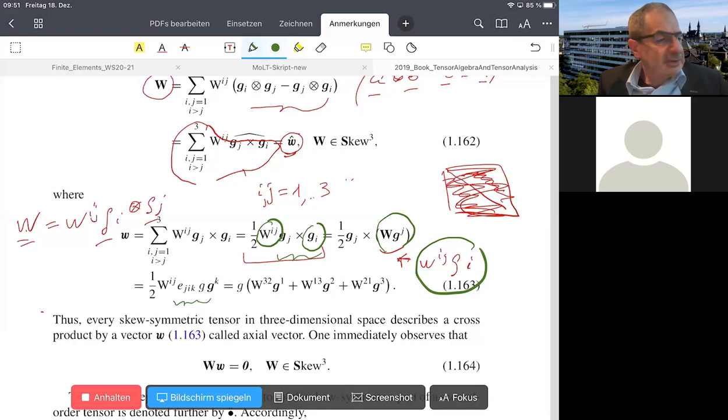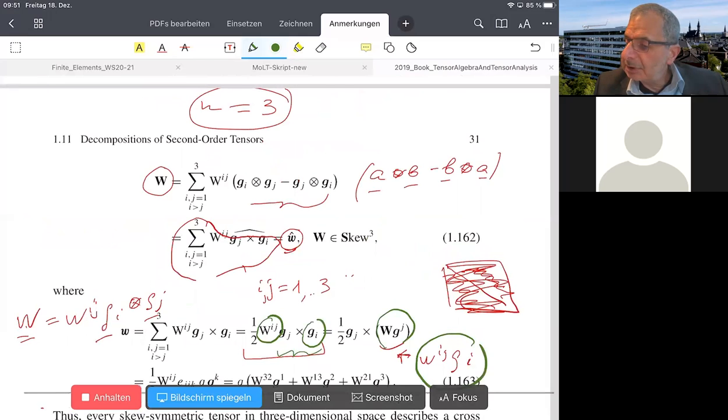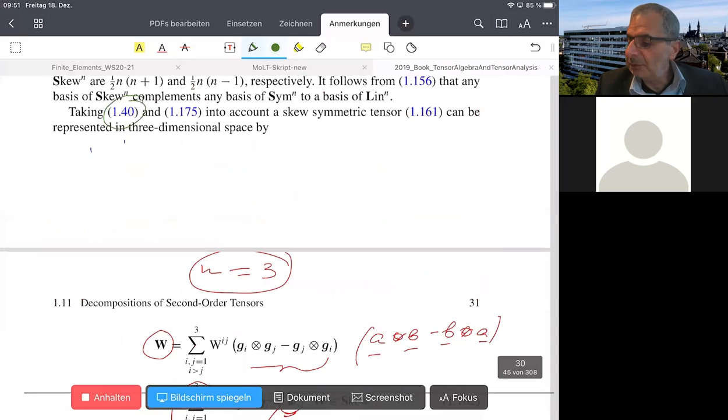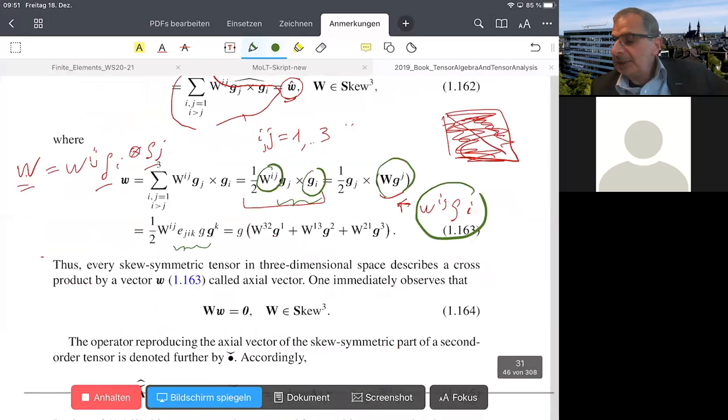It was formula 136, I suppose. It is not written here. No, it is 140, right? This formula 140, right? And it is easy to write out this formula in three-dimensional space because